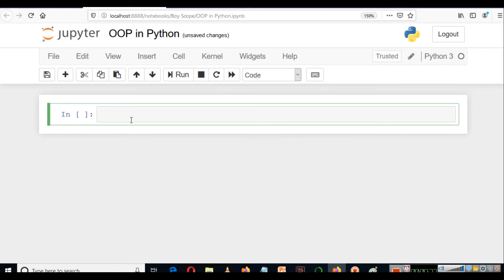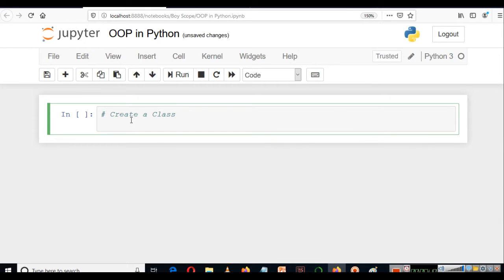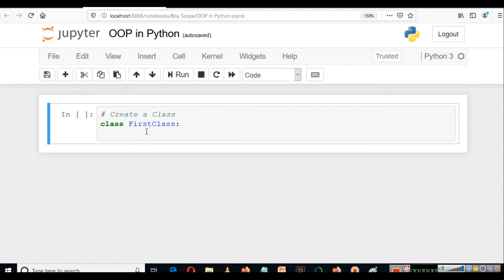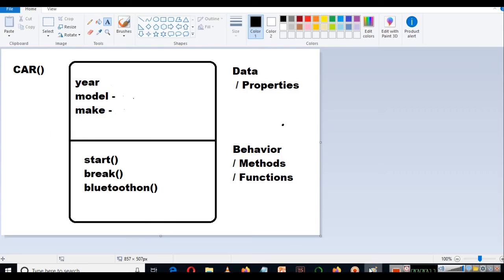But in case of creating a class, you have to write the class keyword here, and after writing the class keyword, you have to write the name of your class. For example, here car is the name of class.